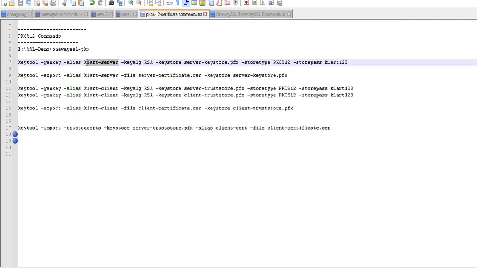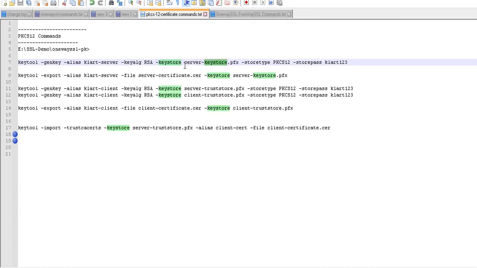I have mentioned clarkserver, and you can change this name as per your requirement. keyalg means key algorithm. By default we use the RSA algorithm. There are different algorithms as well, but in general they use RSA. Then -keystore is the keyword, you do not need to change it. server-keystore.pfx: you should not change the pfx extension, but server-keystore is the file name of the server-side keystore, which you can change.